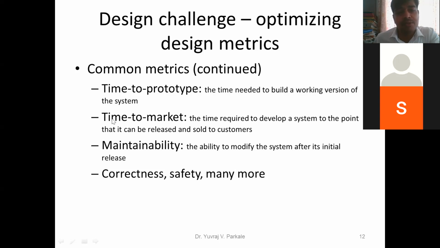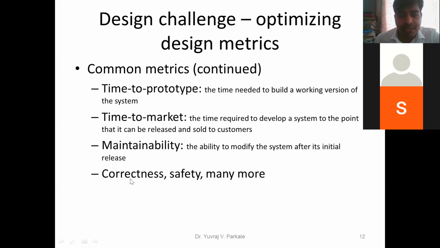I have to reduce the time of designing the product, testing the product, and then launching into the market. Next is maintainability, how to maintain the product by the owner itself. Your system should be correct under different circumstances and it should be safe to everyone. So these are the different design challenges you have to face.